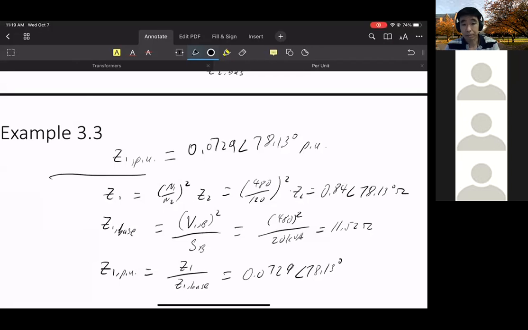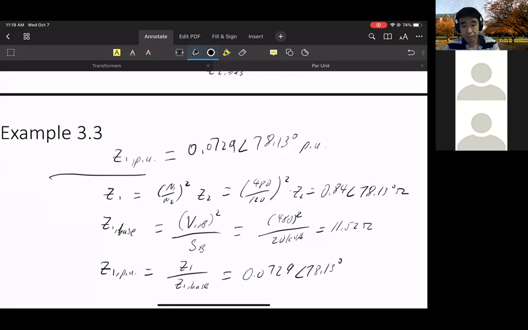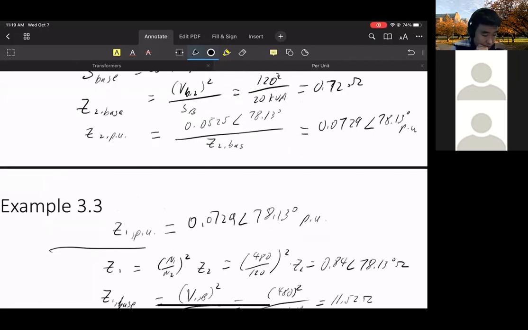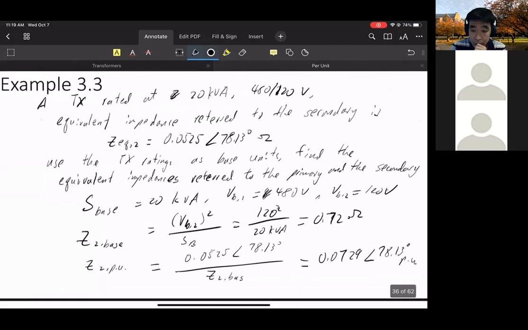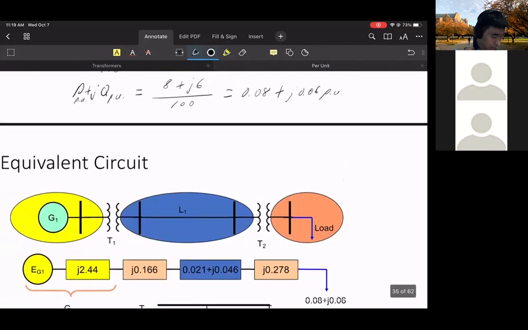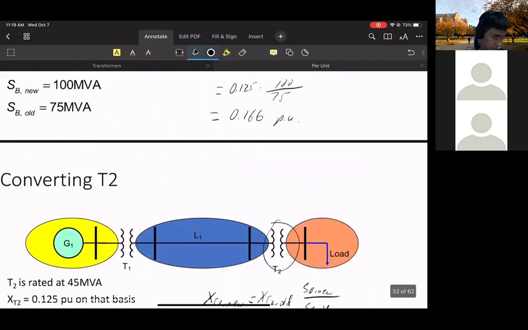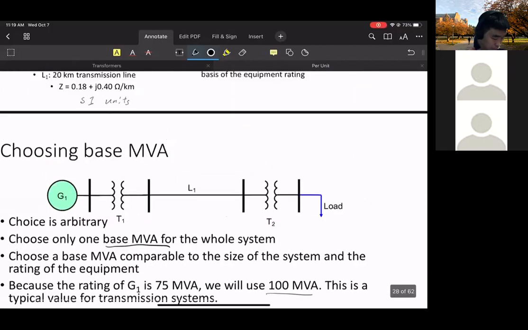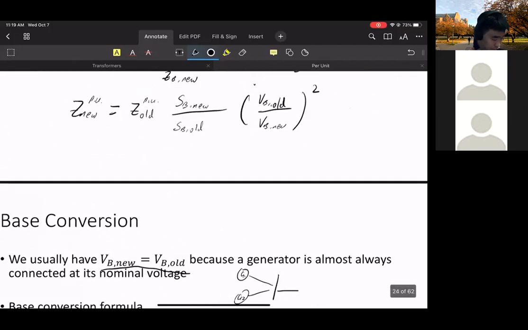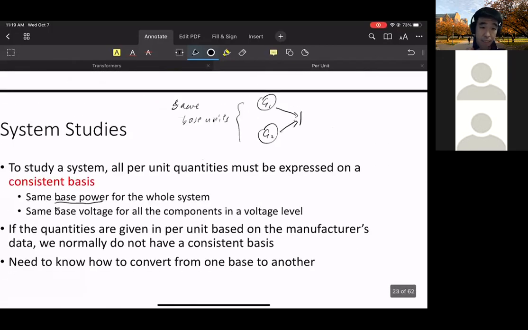Hi, Professor. Can you go back to example 3.2? Yeah, sure, go ahead. Example 3.2, please. Example 3.3? Is this not example 3.3? 3.2, the second question. Yes. Are you talking about the book or the thing we covered in class? Oh no, it's just the thing we covered in class. It's 3.2. Okay, so